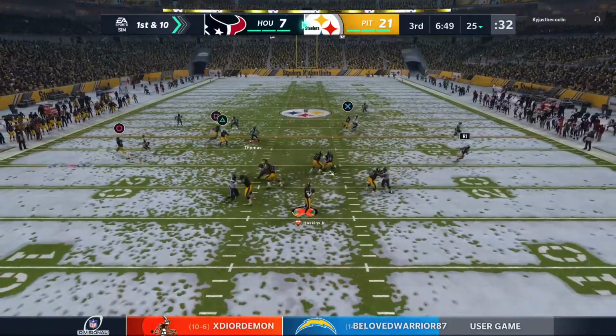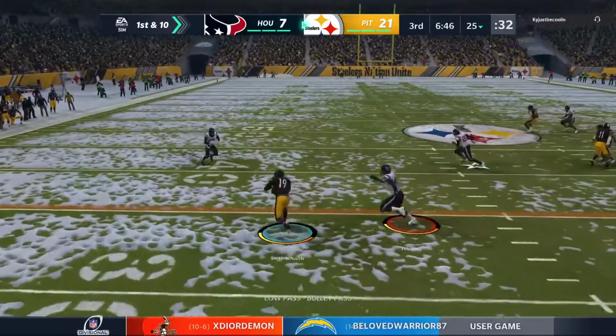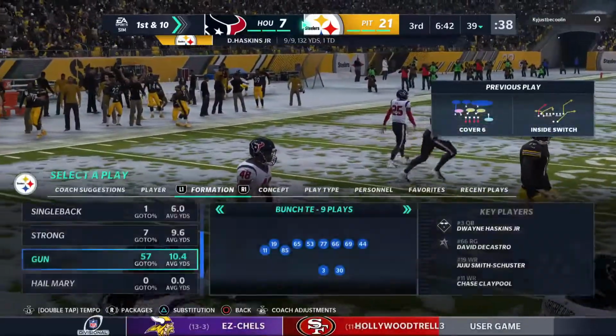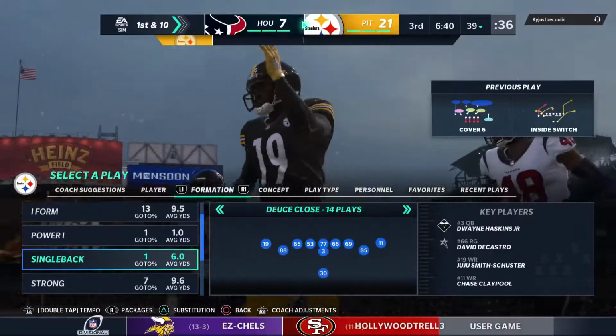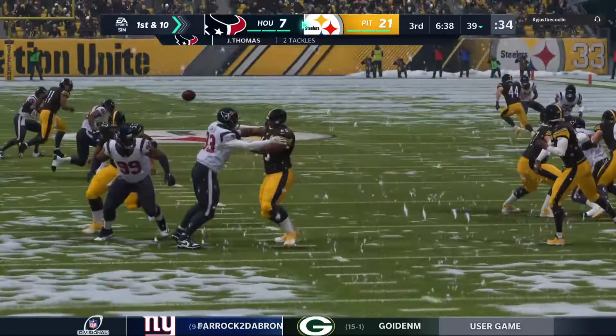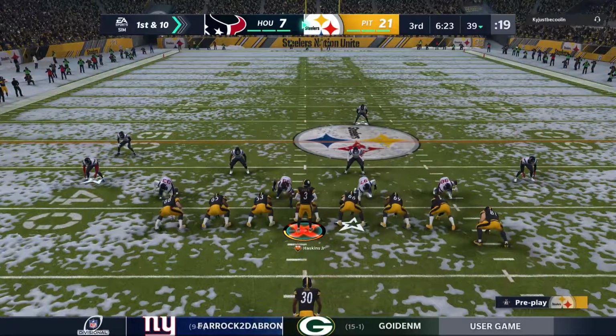Throwing now, Haskins on first down. He'll find Juju Smith-Schuster. And he gets this one just shy of the 40, down at the 39. He was held without a catch in the first half, but he's got one here. He also picks up a first down at the 39-yard